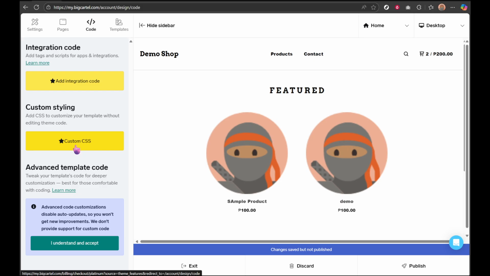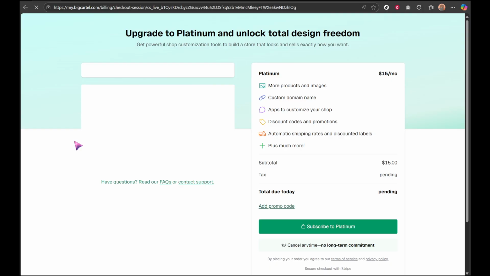It's crucial to ensure that you have the correct embed code from your video hosting platform, whether that's YouTube, Vimeo, or any other service you're using. This code is what makes your video appear seamlessly in your Big Cartel store. It's also important to be aware that this feature might require a paid or upgraded version of Big Cartel. If you're on a free plan, you may want to consider upgrading to make full use of these advanced customization options. Once you've confirmed that your plan supports these features, go ahead and paste your video embed code into the CSS section. Make sure to save your changes before you exit so that everything is set and ready to go